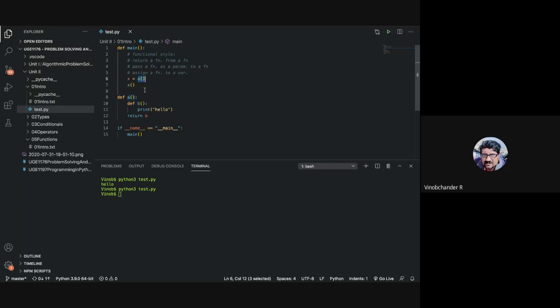Okay, so let us trace the program. When you call A, what happens? This is essentially executed, so the control comes here. The execution starts, but even the first line inside A is a definition statement, so this is not executed. This call is executed. Once this call starts executing, it comes inside the function, sees that there is a definition, so this is not going to be executed. It remains as is. So there is no execution here.